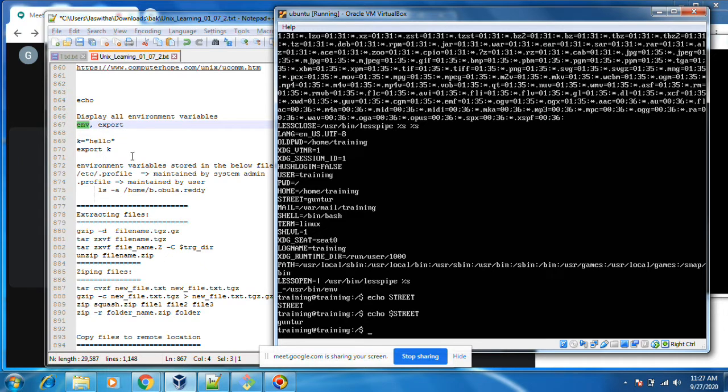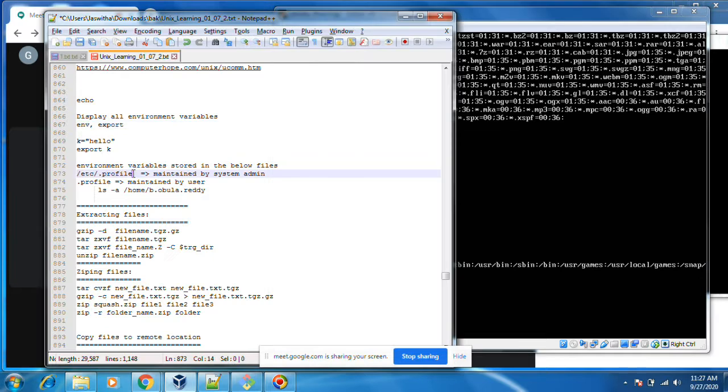If you want to add them permanently, you need to keep them in /etc/profile.